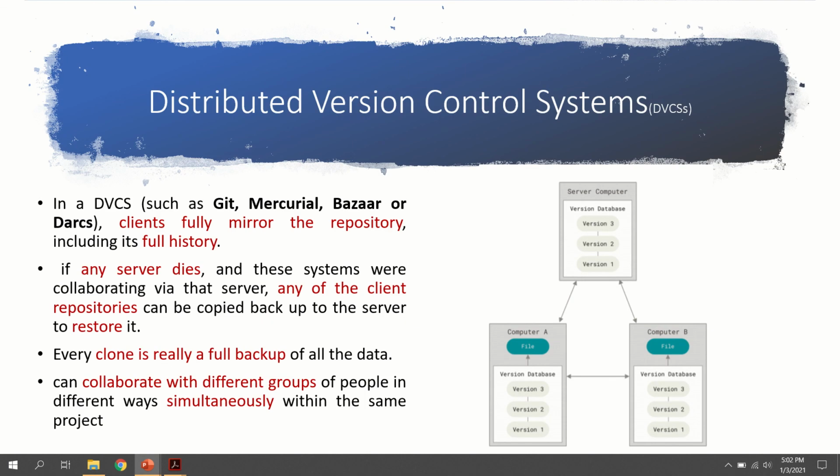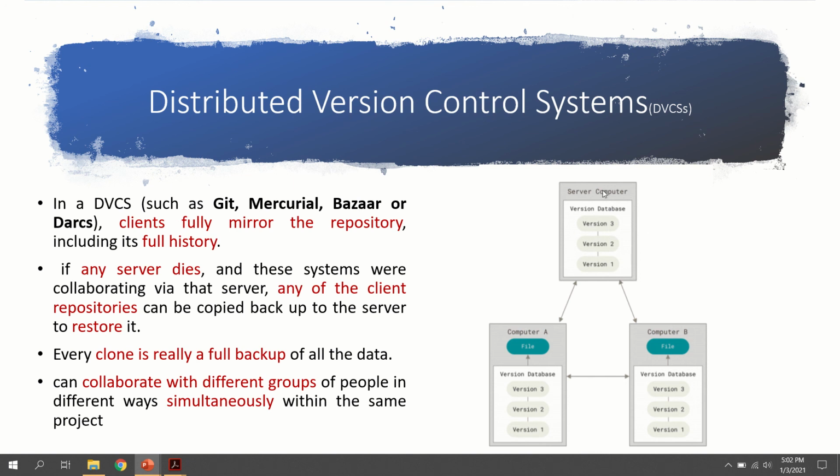In order to overcome that problem, we have introduced another type of system called the distributed version control system. In the case of distributed version control system, the idea is that there will be a central repository.